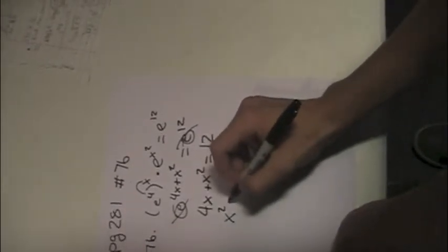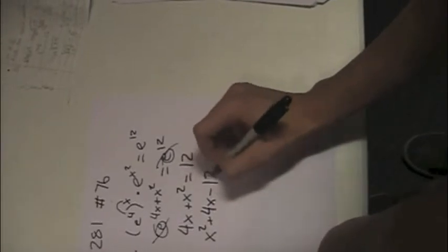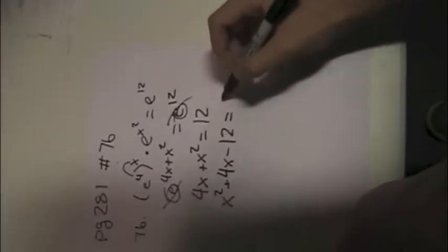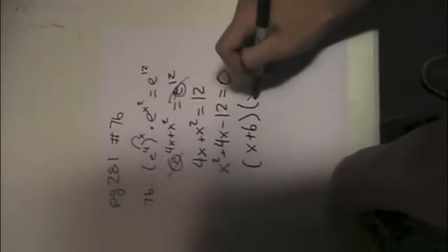You rearrange this, it's x squared plus 4x. We subtract the 12 from this side, minus 12 equals 0. Factor x plus 6, x minus 2,